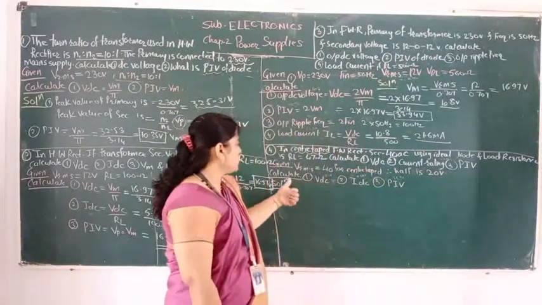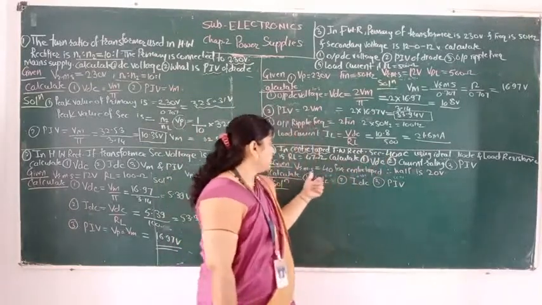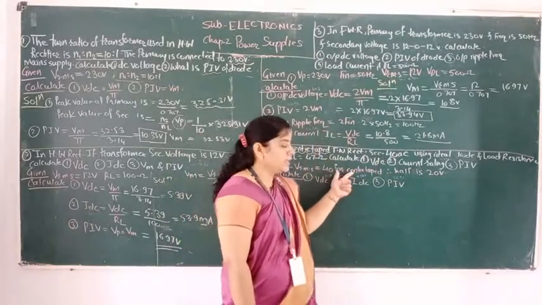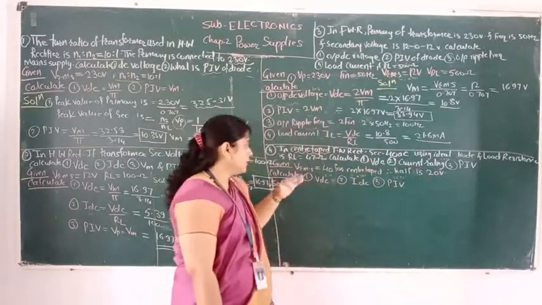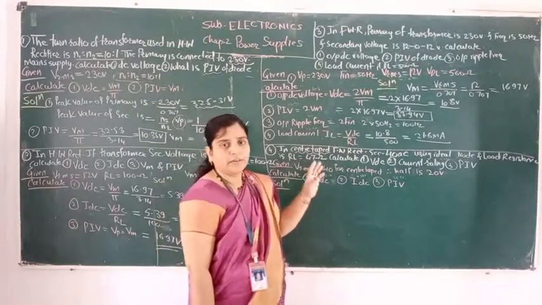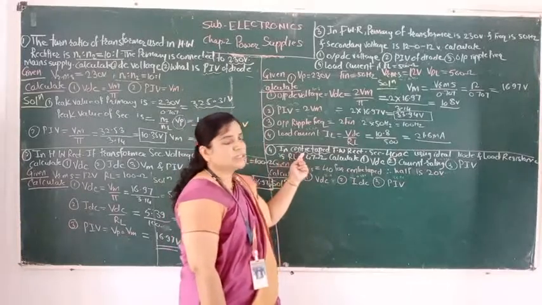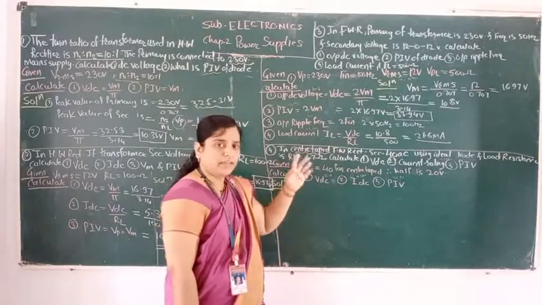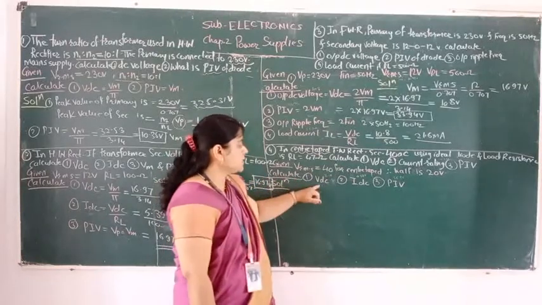Okay, so first, what is given? 40 V RMS is given for the center tap. Therefore half of this, 20 volt, is what we have to take. If you calculate from 40 volt, your answer will be wrong. Since the center tap is mentioned here, you have to divide that 40 into 20. Okay. Now calculate. First is VDC.